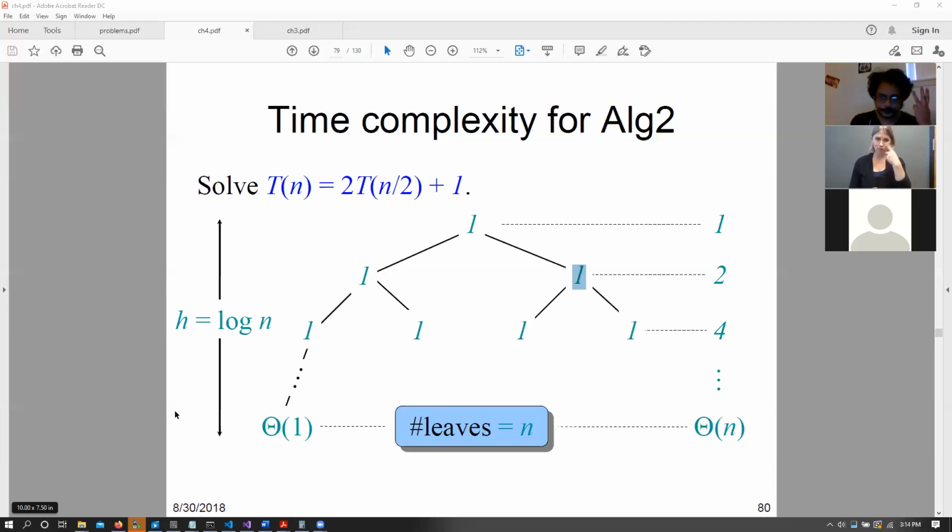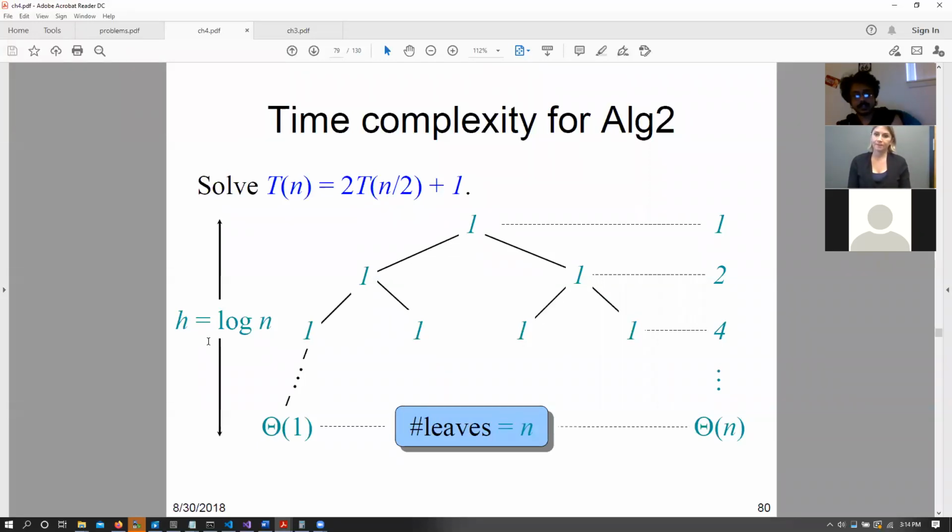So let's go with height 3. For height 3, we have 1, 2, 3, 4, 5, 6, 7 nodes. So height 3, 2 to the power of 3 gives me 8, minus 1 gives me 7. So does everyone agree that 2 to the power of h minus 1 gives me the number of nodes in my tree? Cool. So now tell me the number of nodes in this tree